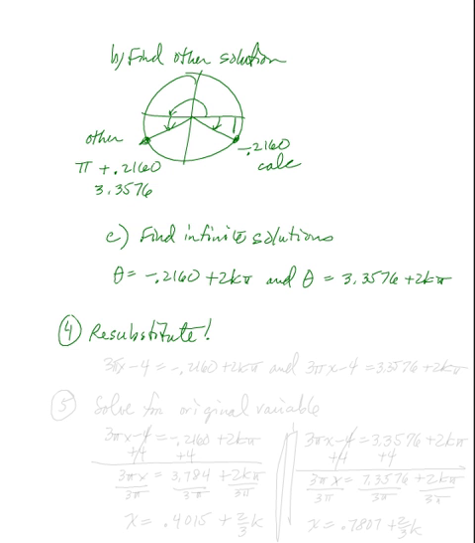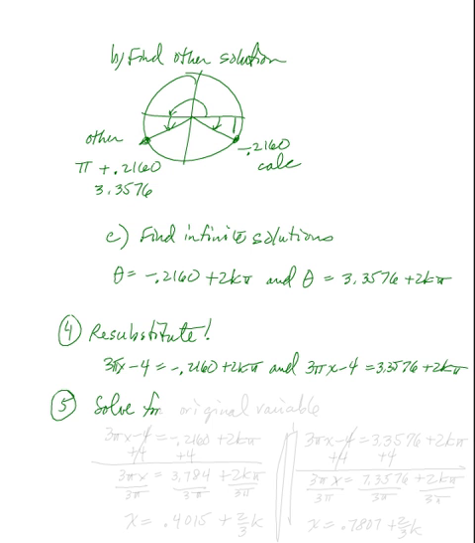Remember, it's the one I even write with an exclamation point. So you're going to have 3 pi x minus 4 equals negative 0.2160 plus 2k pi, and 3 pi x minus 4 equal to 3.3576 plus 2k pi. Now you're going to solve for x,